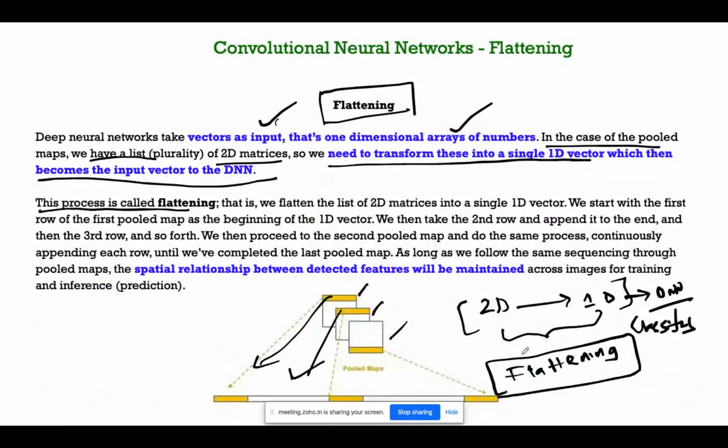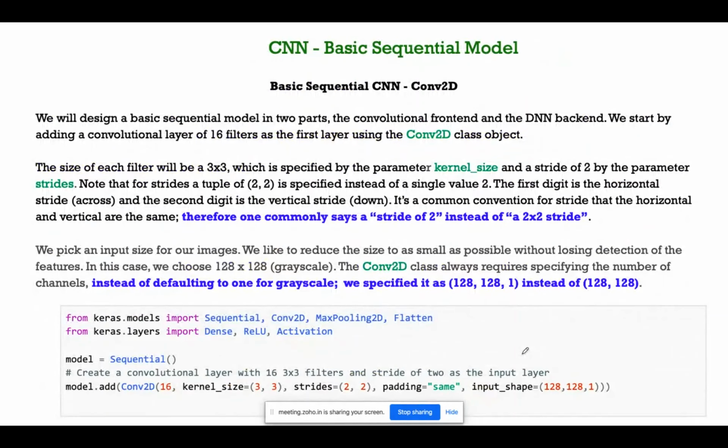Now you see the basic structure of your convolutional neural network. Now, here we need to import TensorFlow Keras models.